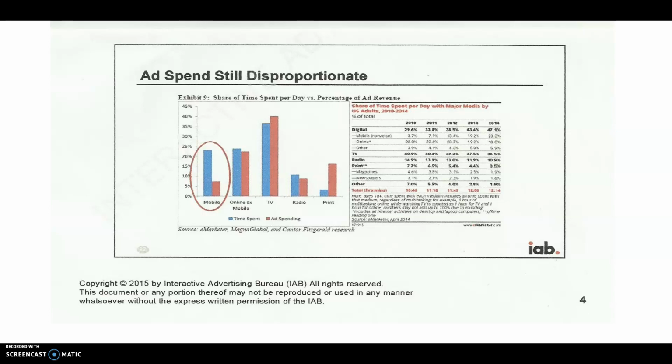This comes from a couple of years ago, but it's definitely still true. This is something I picked up from the Interactive Advertising Bureau, the IAB, which I've talked about before. Very, very valuable resource and website, and a place you can get an amazing training. And I've taken a class or two there myself, gone to events there. But basically, this chart shows, in blue, the amount of time spent with a different thing or device. And then the red shows what percent of ad spending. So this says that